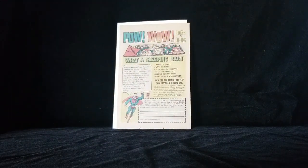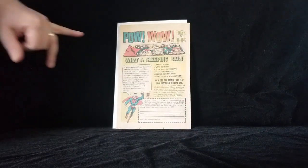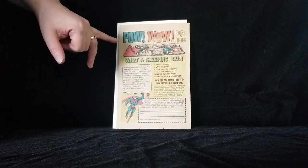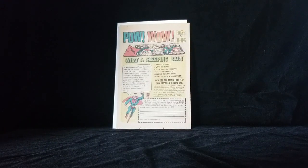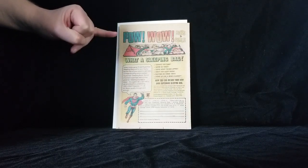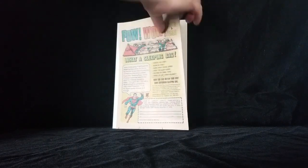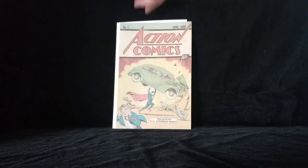It is the variant Superman sleeping bag edition of this comic. When it has this advertisement on the back, most of them had the Safeguard on there. However, a very low print run of them had the Superman sleeping bag on the back. One of the other things that makes this reprint valuable, I don't have it in a bag just for the video,